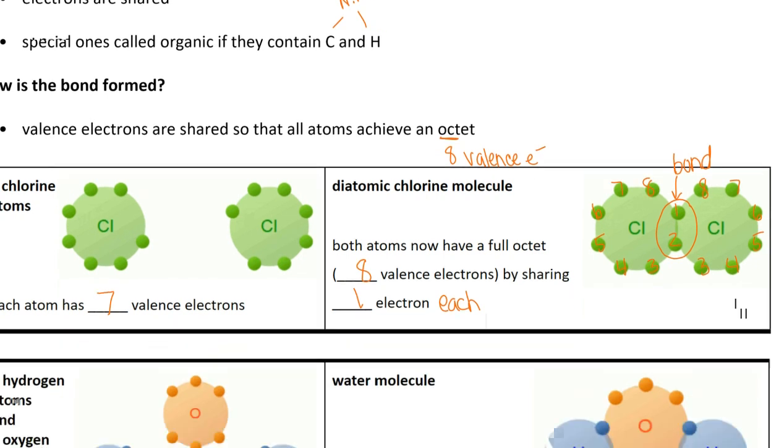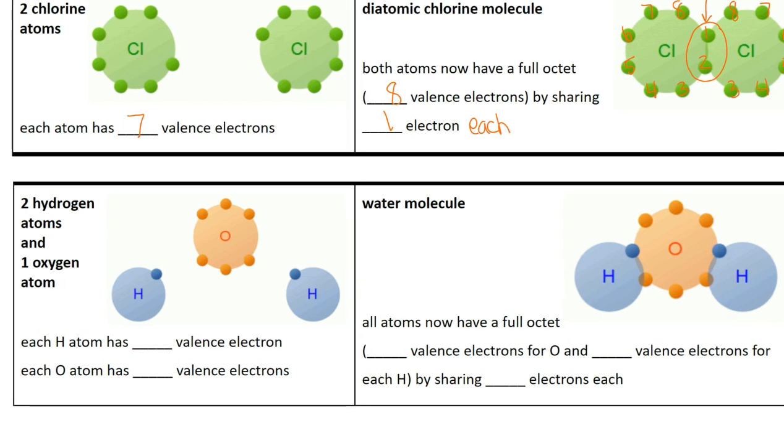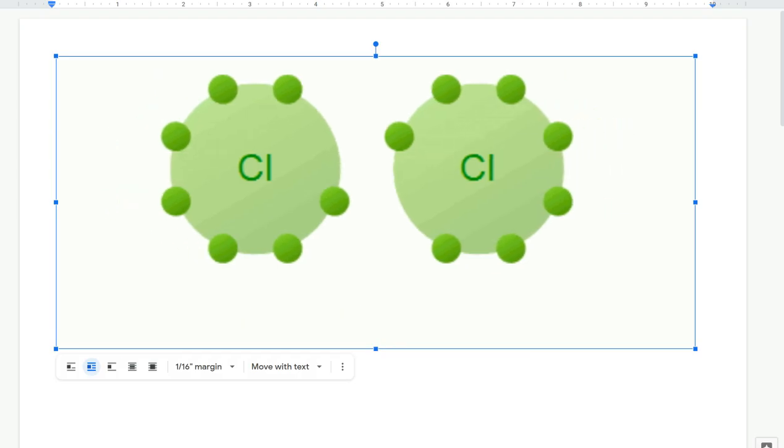Okay, let's look at another example. Water. Remember water is H2O, so there's 2 hydrogens and 1 oxygen, all right? So let's watch that animation and see how that bond is formed. All right, so here's our water. We start off with